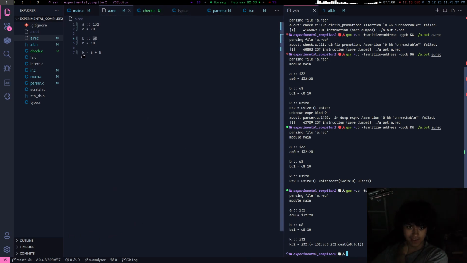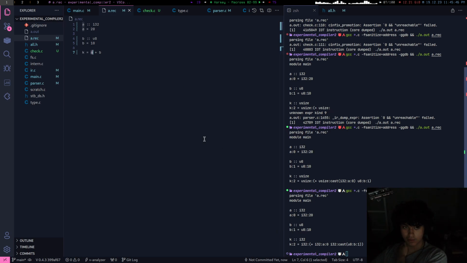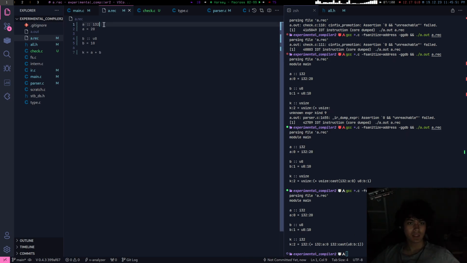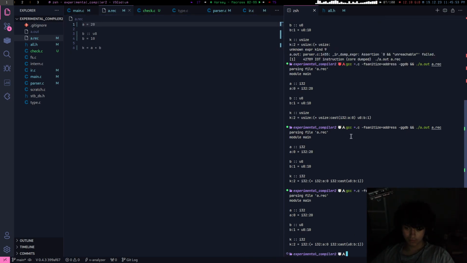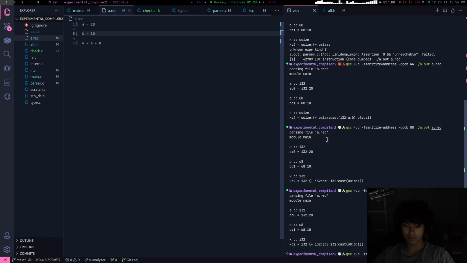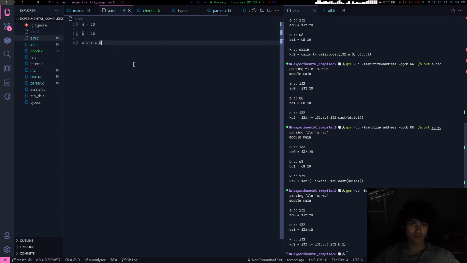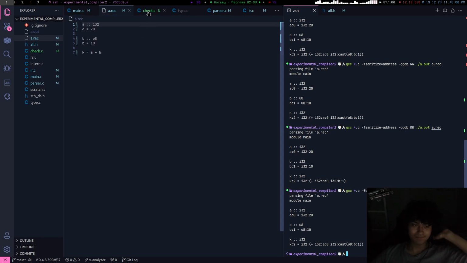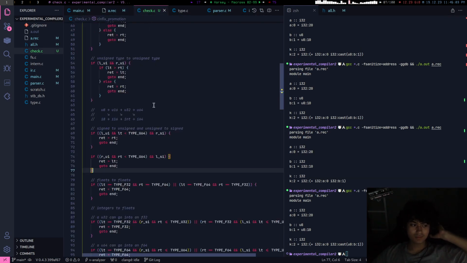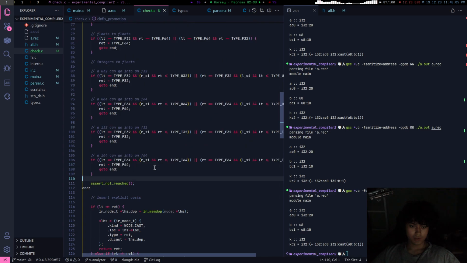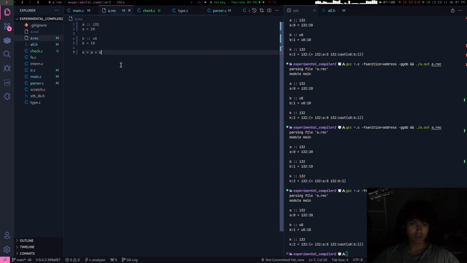Yeah, so k is an I32. K equals A, which is an I32, added to B, which is a U8, but you cast the U8 to an I32. Let me remove the type hints though. Yep, still the same. Remove the type hint there. And what's the casting like? Still an I32. No need for casting. Isn't that great? That works. So let's test the rest of this. Let me just make a commit.